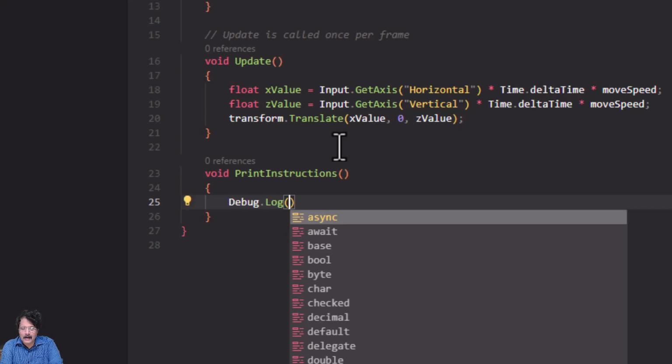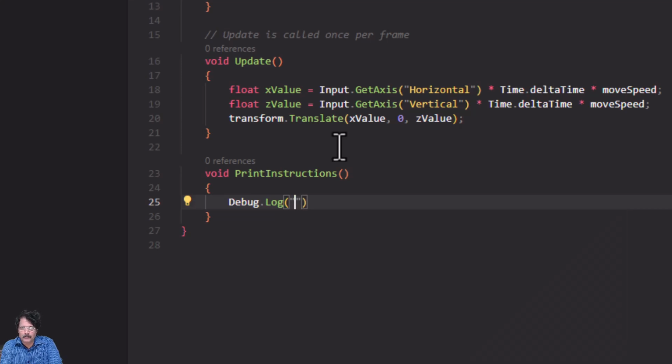So, here I am going to give a string. So, I have to use inverted commas, and between the inverted commas I am going to type welcome to obstacle game, and I am going to end this line with a semicolon,